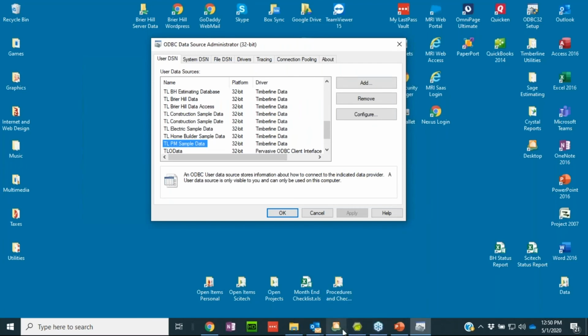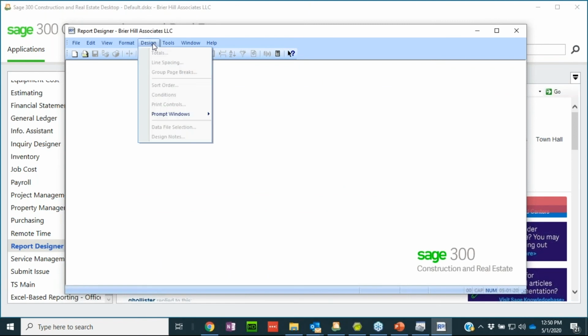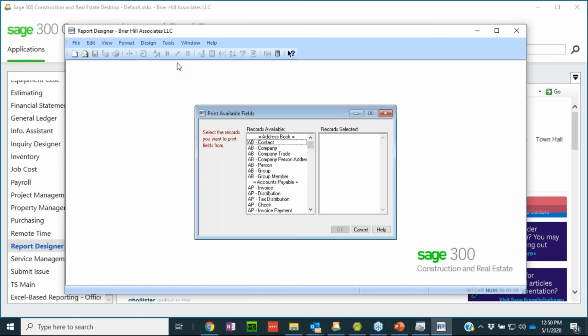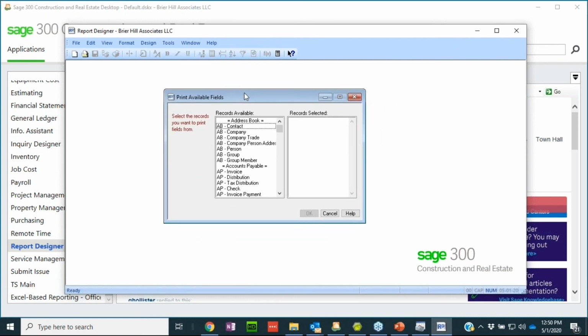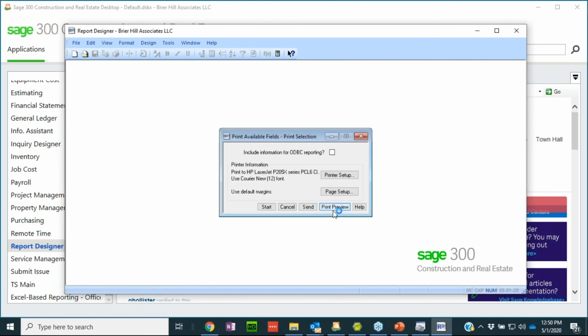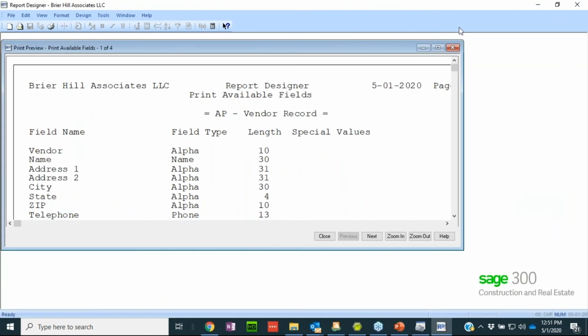And what I'm going to do is go to the desktop here, and we're going to go to Report Designer. Some of you may have seen this before, but in Report Designer, if you go to Tools, there is an option called Available Fields. When I go to Available Fields, as an example, let's go down, we'll take a very simple record. We're going to take Vendor. If I hit print preview,